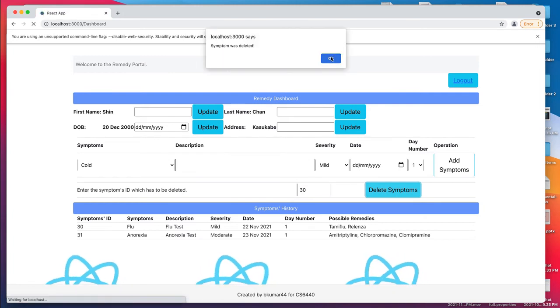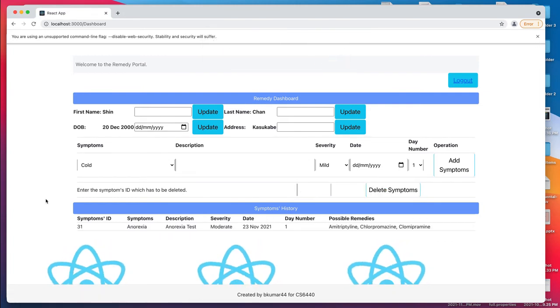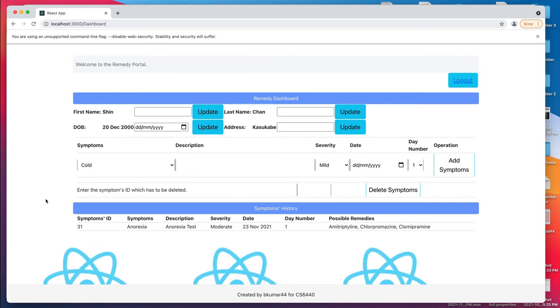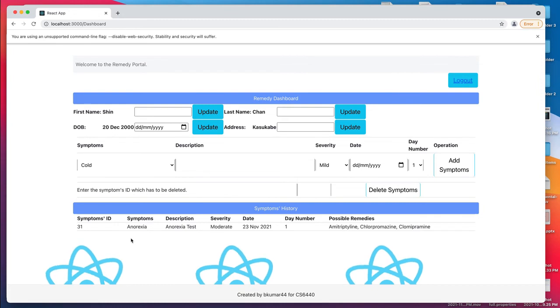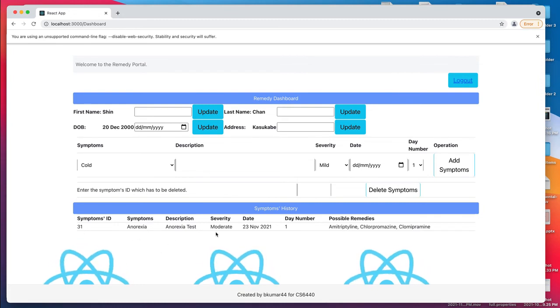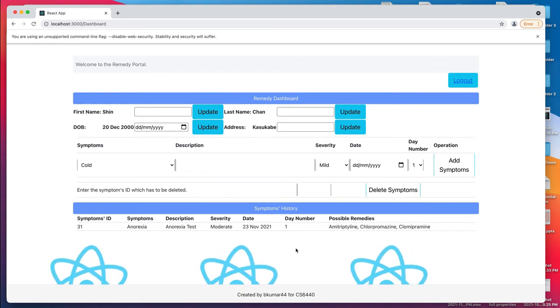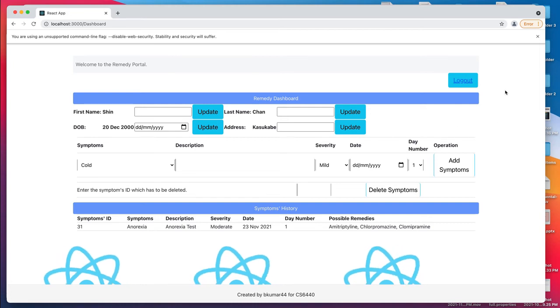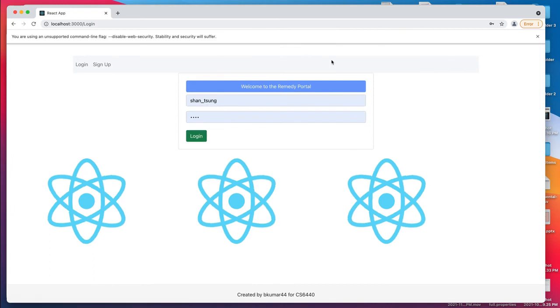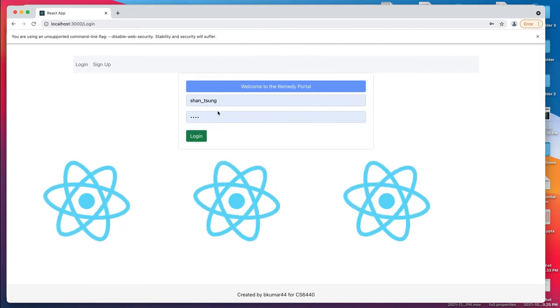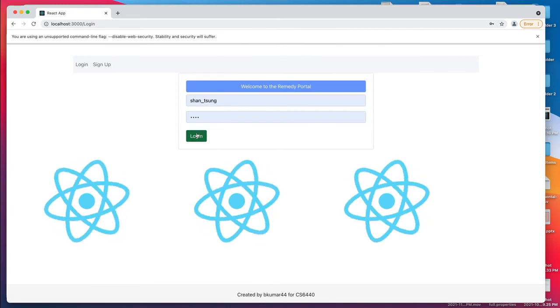Provide your confirmation, and you'll see that that symptom disappears as soon as you provide your confirmation. Now I'm left with only one symptom. If you want to log out, you can simply click on log out, and that's it. Maybe you can log in again.